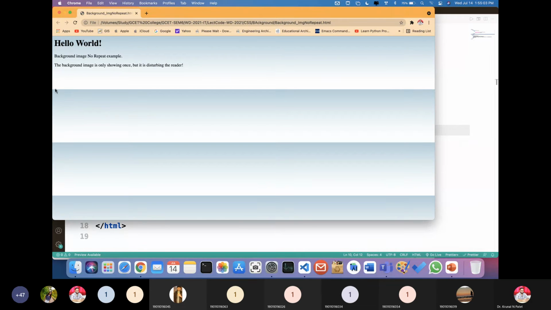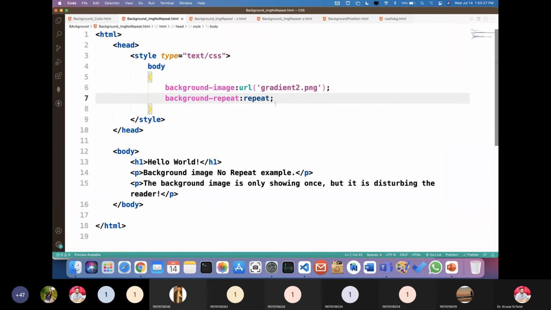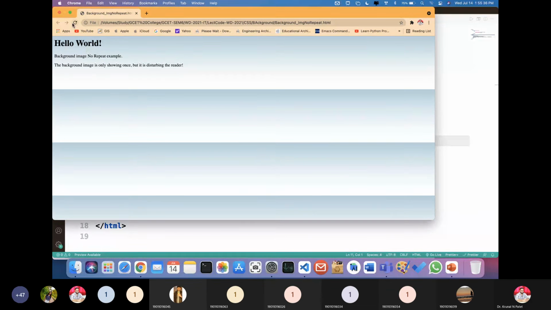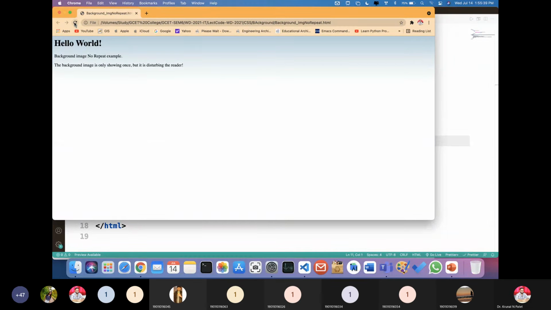Why does this happen? Because up to this is the original height of the image, so it provides repetition horizontally as well as vertically. The image size is very small, only up to this, that's why it looks like this. Again, this is not my desired output, so I can go for repeat-x. Now it will spread over the entire screen, and you can see it looks better. It is horizontally repeated. You can see over here, guys.